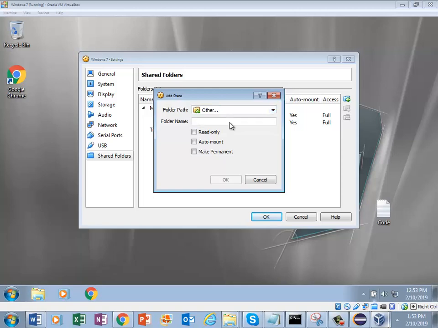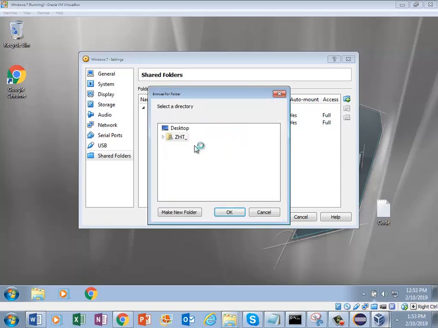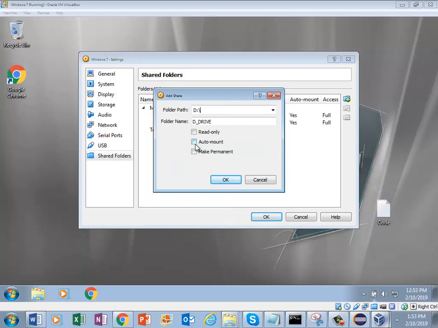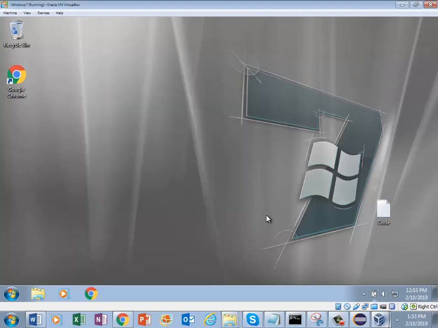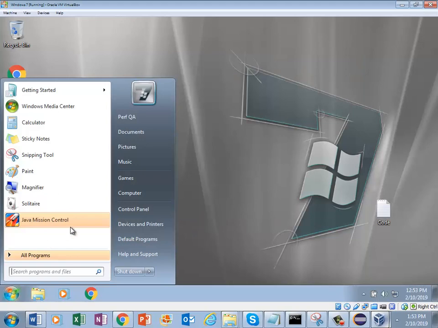And then you go to, let's say you have a D drive that you want to share with your virtual machine. So you click on your computer and then click on the D drive and click OK, and you will see auto mount, make permanent. Click OK and then OK, and then after you will restart. Before you restart it,